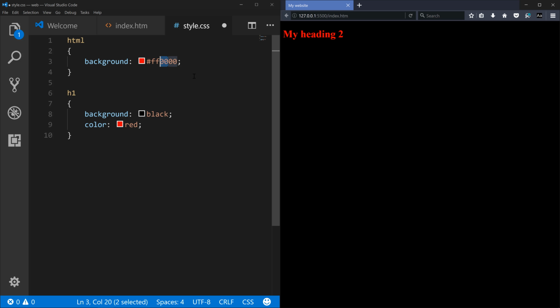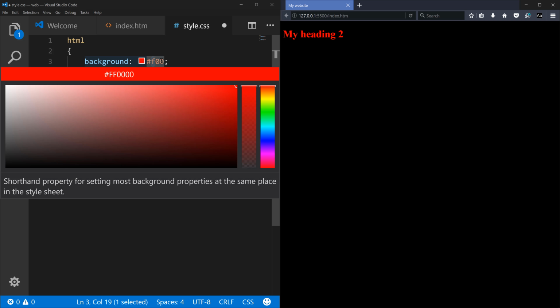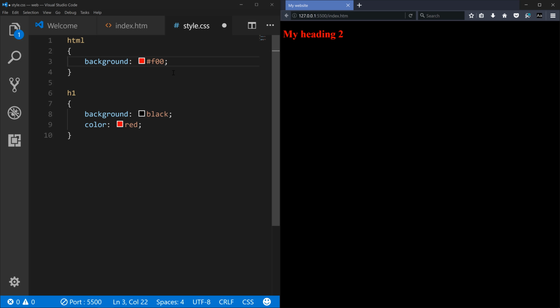But if each group of 2 is the exact same pair repeated, you can just remove the second one and have basically a shorthand, individual character. And this expands out, it simply doubles it. So this would expand to FF, this would expand to 00, and this would expand to 00. So you'd end up with the same color. I don't usually use the shorthand, I do in some cases, but